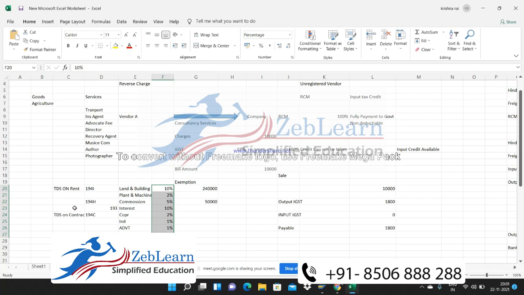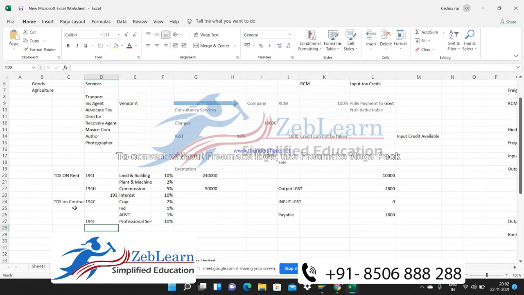So conceptually you all are understanding why we have to deduct tax, what type of sections there are in which you need to deduct TDS, what is the rate, and what is the exemption limit applied by the Indian government. Just go through any site and you will have the list of sections in which TDS deduction will be applicable based on some rates.